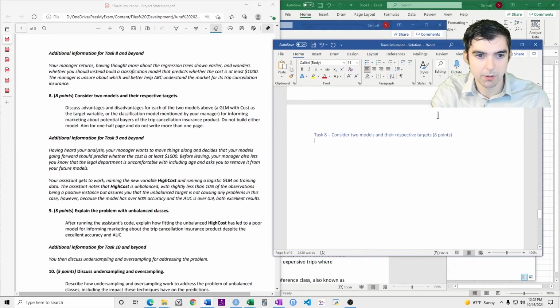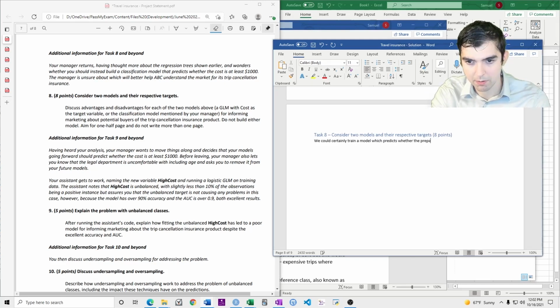So we want to know, we could certainly train a model which predicts whether the prepaid travel expenses are over 1,000 or not.